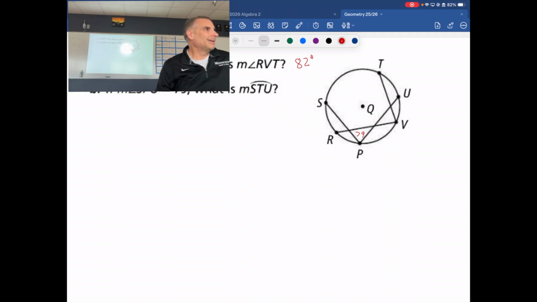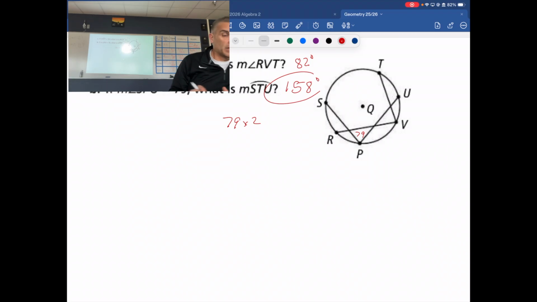It's double the angle. The arc is double the angle. The angle is half the arc. A little bit more complex, a little bit more challenging. Okay, so if we have something like this then,